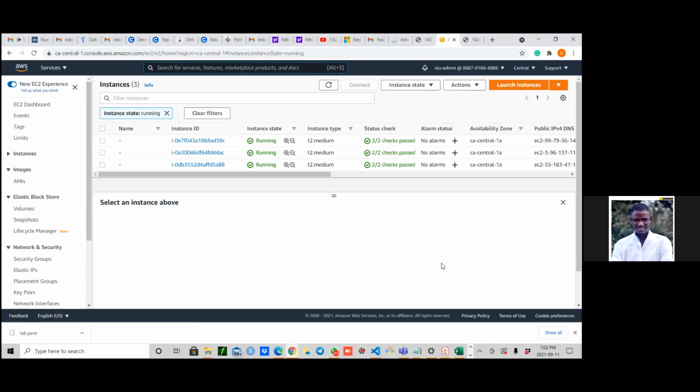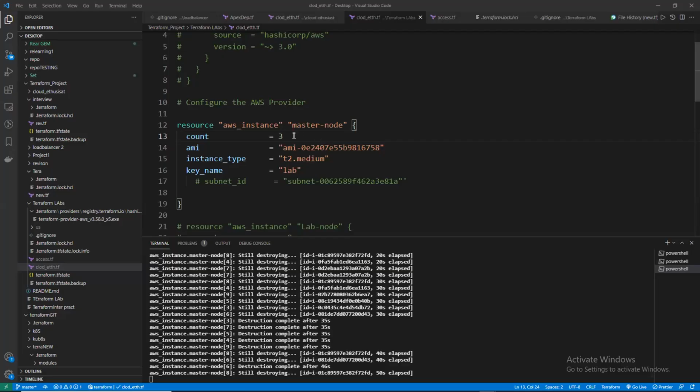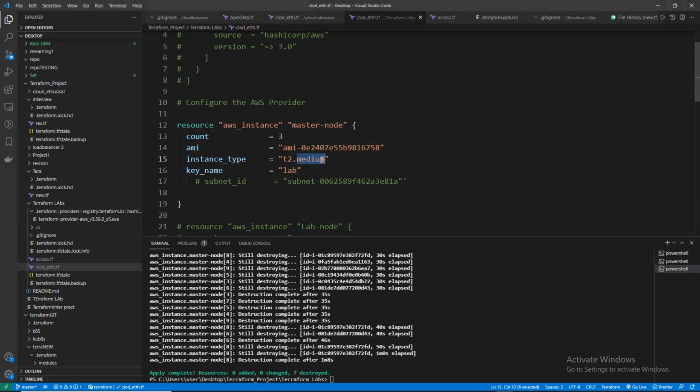I want to do something. Now I'm changing the infrastructure. I did not do anything else, I just come here to change the type of processor to micro, or let me use small. You understand? If I change this AMI to another AMI, it will destroy it. If I change just to this micro,